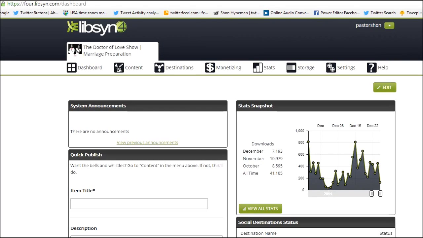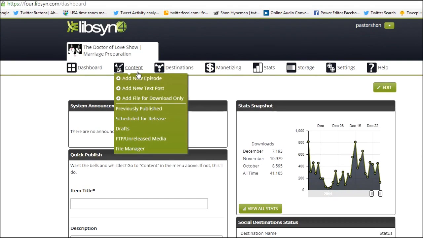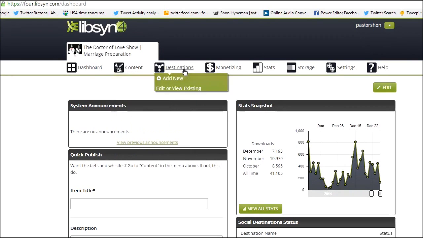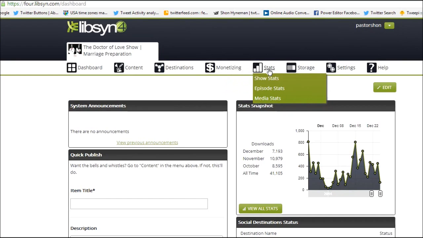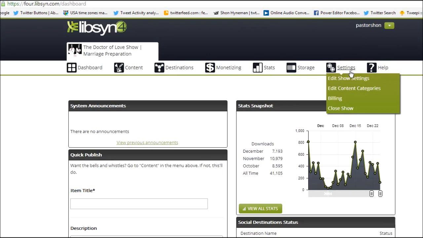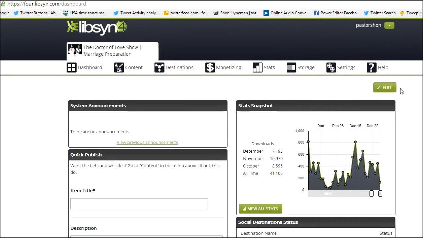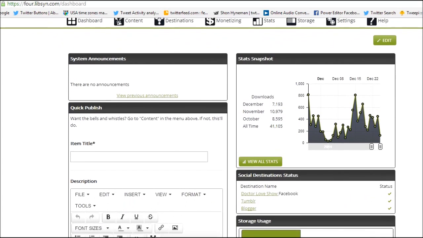And this is your main dashboard. So when you go to Libsyn, you're going to have your dashboard, content, and this is a drop-down menu, destinations, monetization, stats, and Libsyn offers awesome stats. I love their stats because I'm a numbers guy. They show you your storage and how much storage you have left, your settings, of course, if you have any questions. So let me just walk you through this process with Libsyn. And of course, they show you your